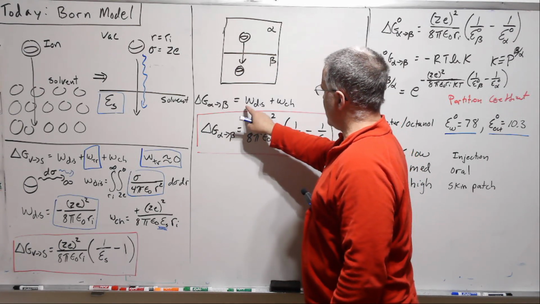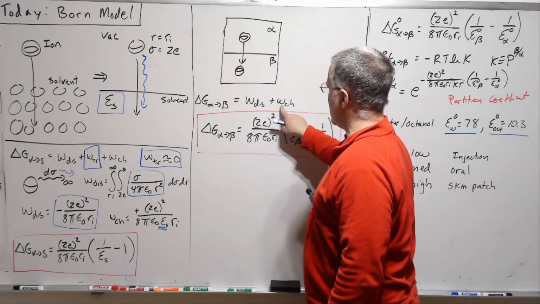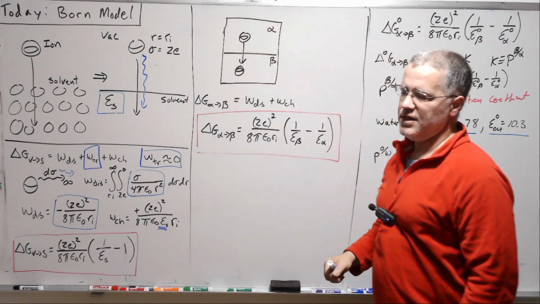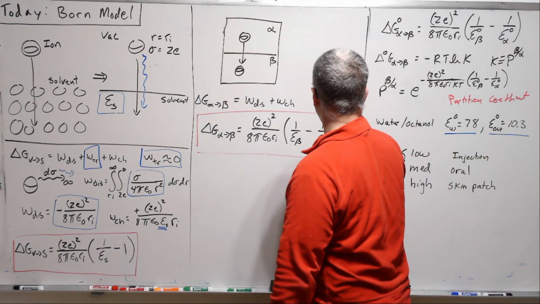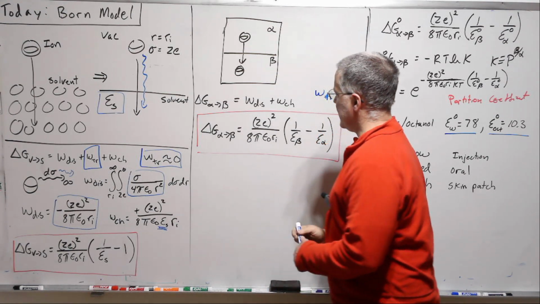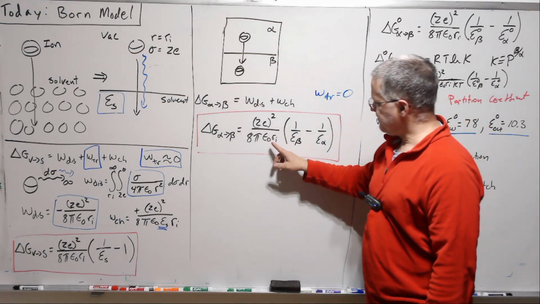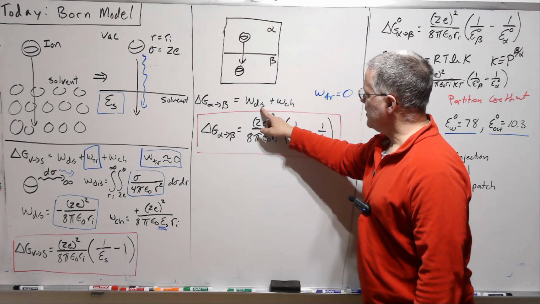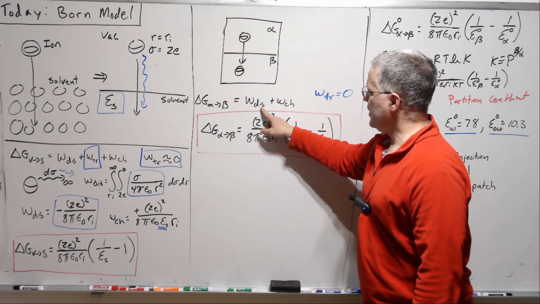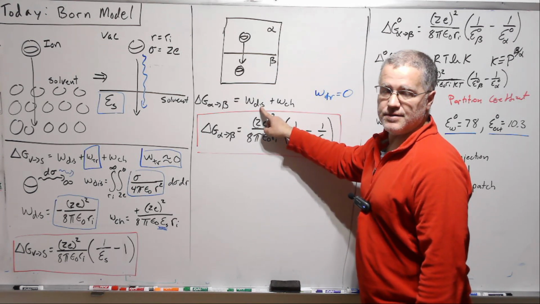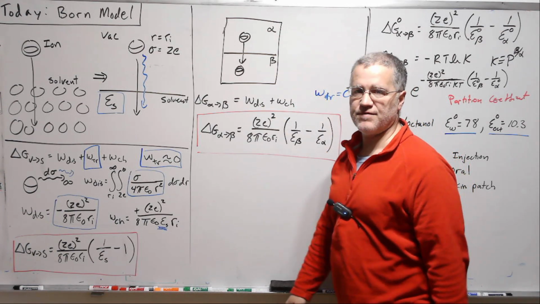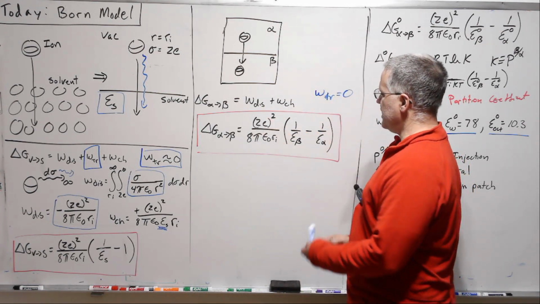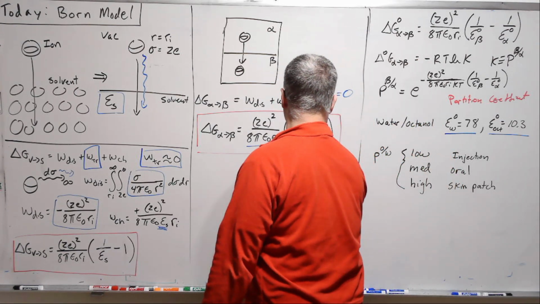Well, just like before, we're going to discharge and charge. We're going to call the work of transfer equal to 0. We discharge with the dielectric constant for alpha, and we charge with the dielectric constant for beta. And so when all is said and done, we get